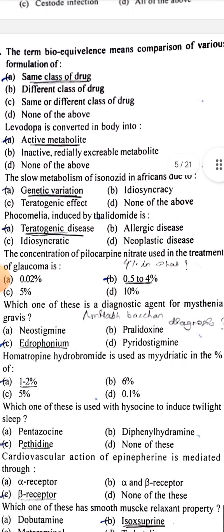The term bioequivalence means comparison of various formulations of the same class of drug. Levodopa is converted in body into active metabolite. The slow metabolism of isoniazid in Africans is due to genetic variation. Phocomelia induced by thalidomide is teratogenic disease. The concentration of pilocarpine nitrate used in the treatment of glaucoma is 0.5 to